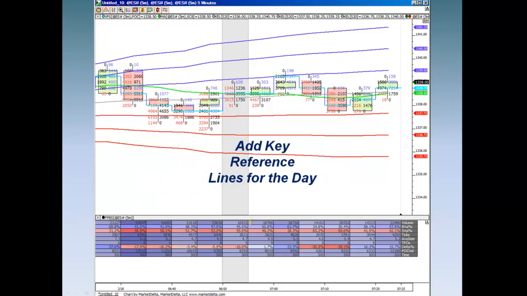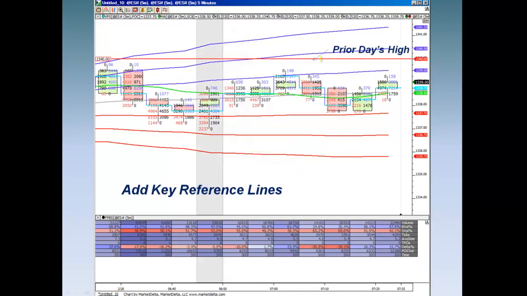Alright, now that we have our indicators, each day we have to look at the profile and select from the profile the key reference lines for the day. Naturally, these will vary from day to day, but we've also studied and learned which ones we need to hone in on, and we want to pick the ones that are closest to where the price action is. So for this particular day that we're looking at, which happens to be February 18th of 2011,